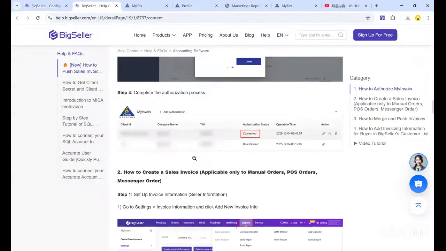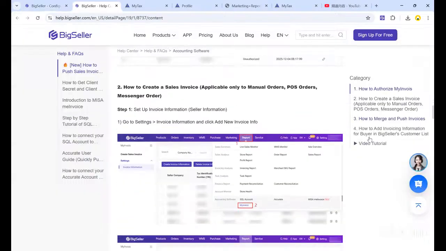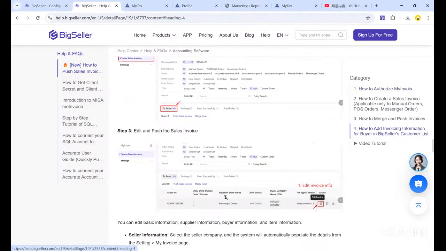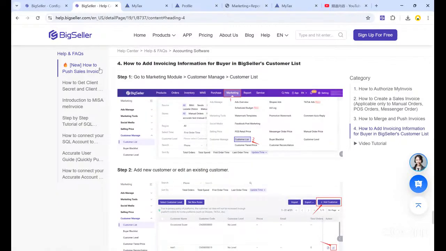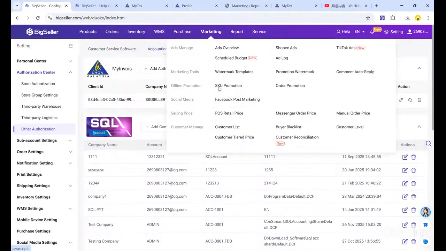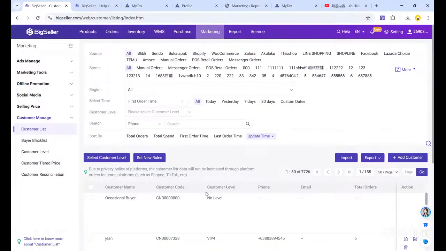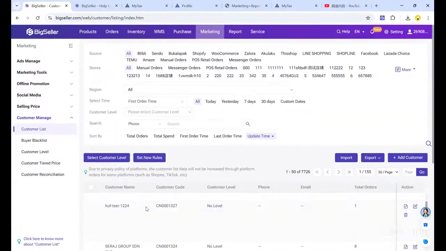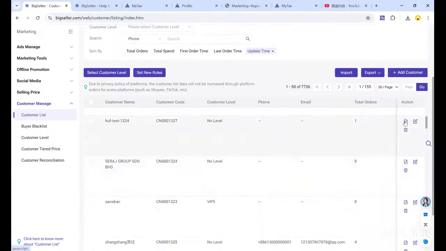Step 2 is, before you create a sales invoice, I recommend you to add the invoice information for your buyers. So you can go to the marketing and the customer list here. This is all the buyers' names, and when you click the edit here,